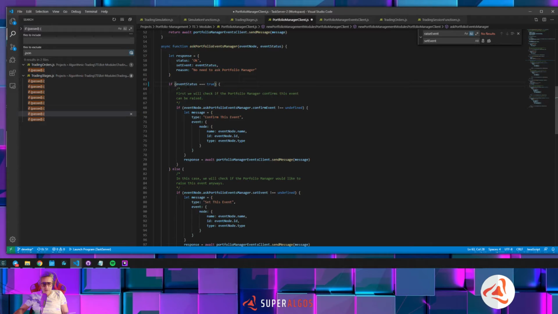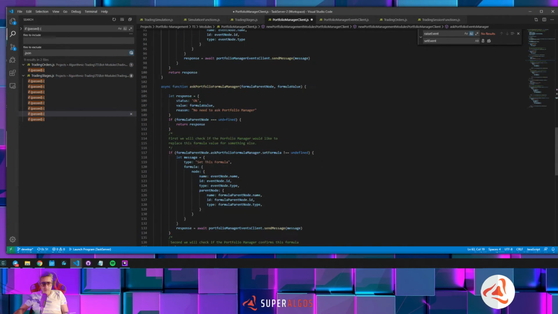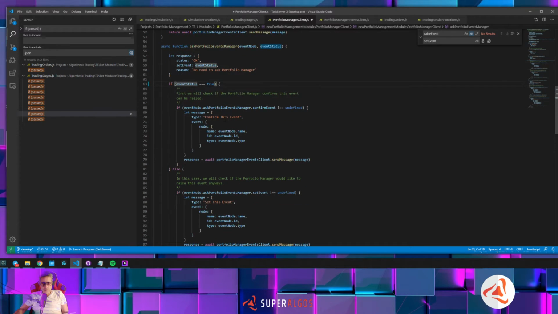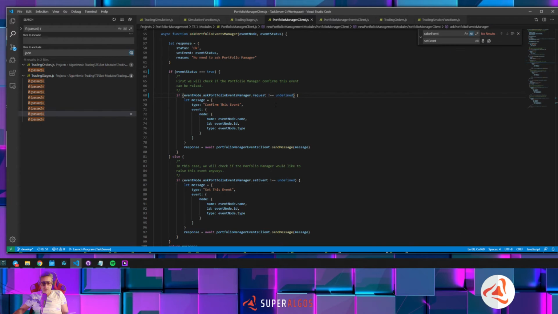If this is equal true, so if the event is true and request, that is the property name that we assign to this. Request is not undefined